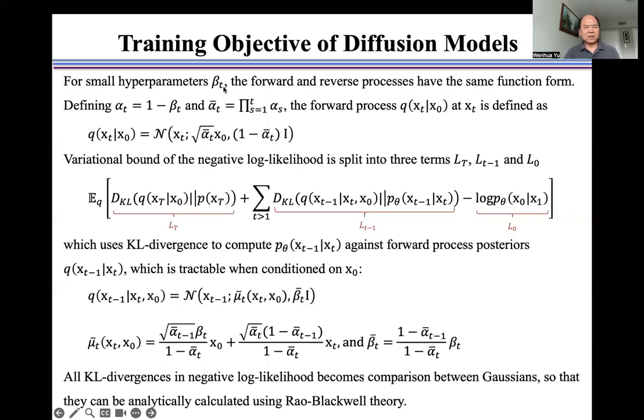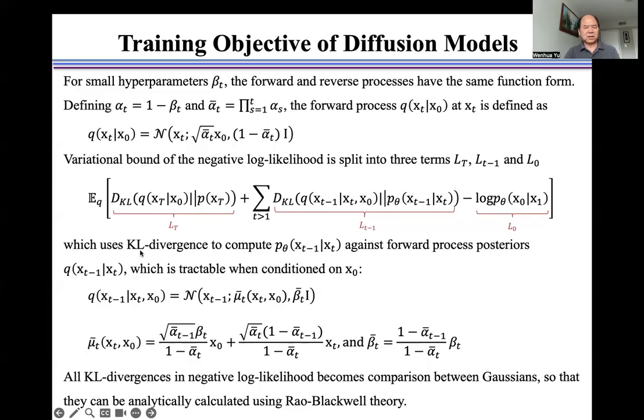For small hyperparameters beta t, the forward and reverse processes have the same functional form. Defining alpha t is 1 minus beta t and alpha t bar. Here, the forward process q of xt is defined here. Variational bound of the negative log likelihood is split into three terms, namely LT, LT minus 1, and L0 as shown here,